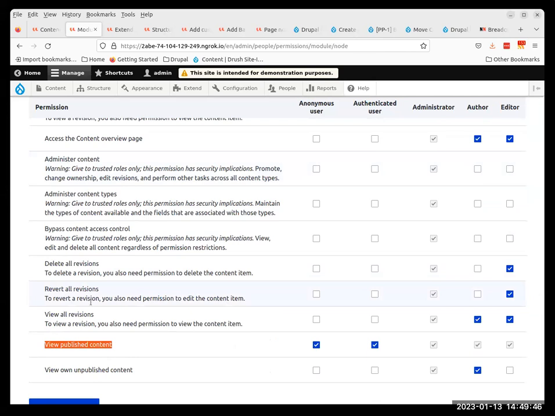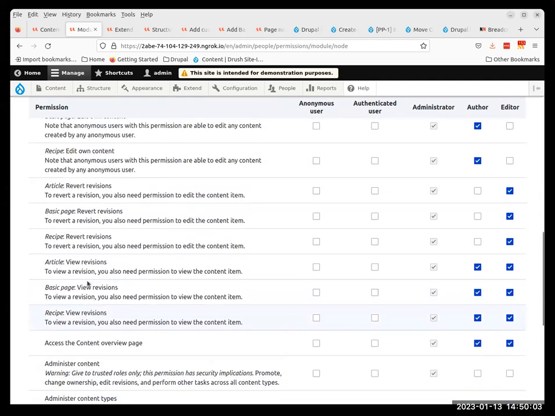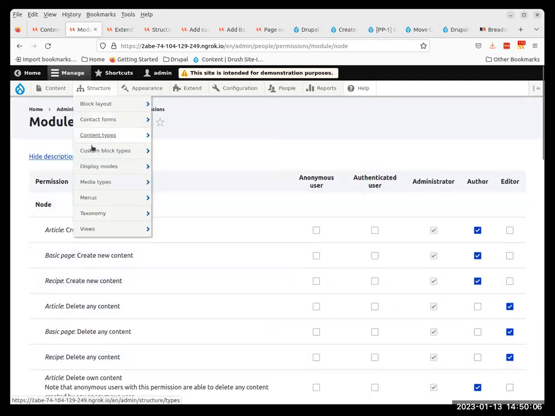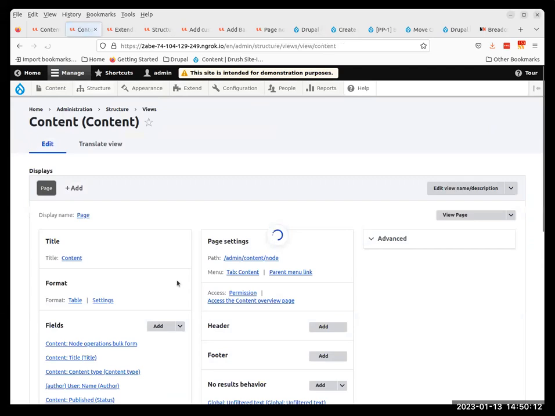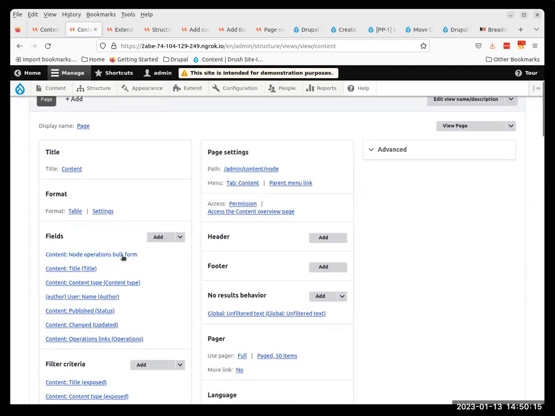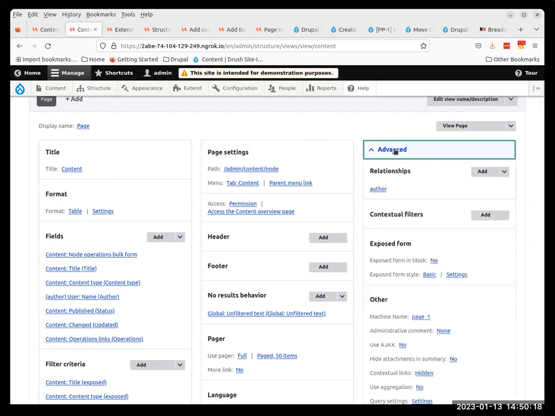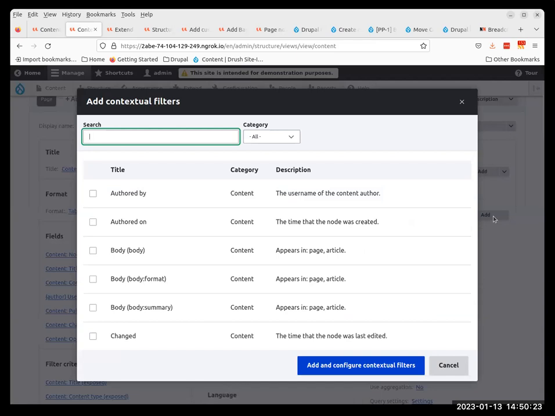There are other places, and oh yes, the other one I wanted to mention was something we've talked about on views. So when you go to structure, views, and let's edit the content view. You remember we talked about this a few months ago. What was it under, relationships and contextual filters? If you add a contextual filter on